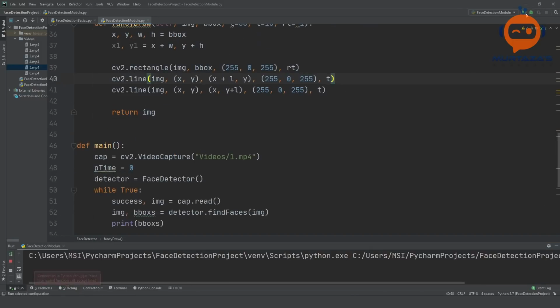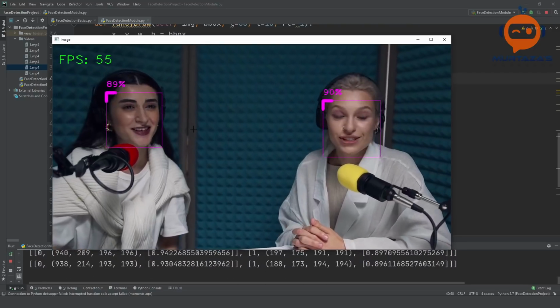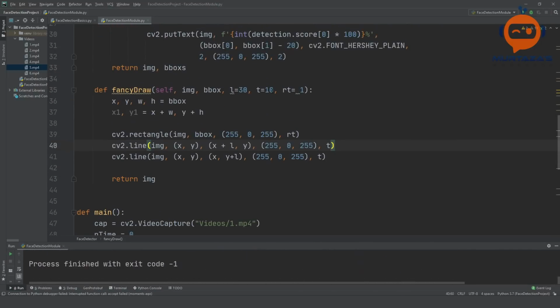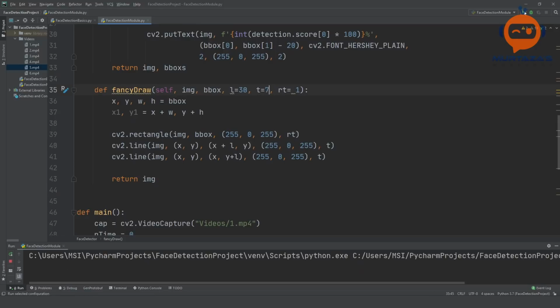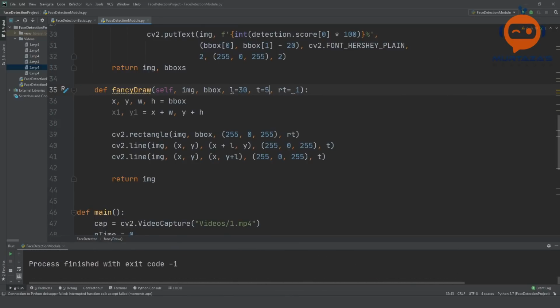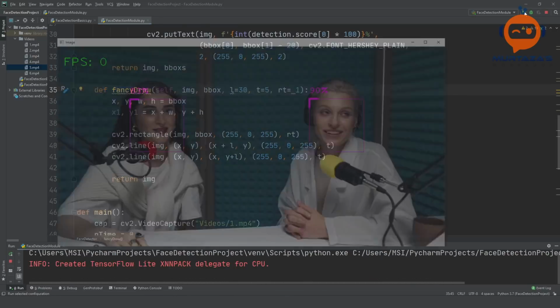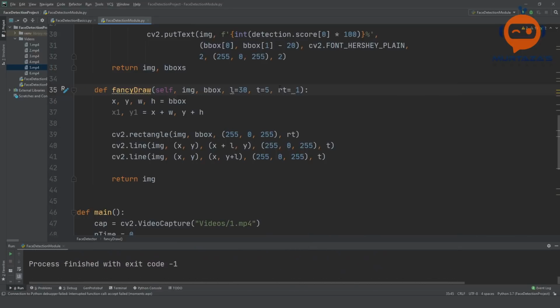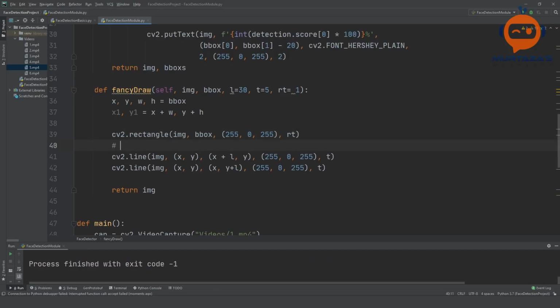Let's run that. Yeah, this looks much better. Okay, and even the thickness for this is too much. Let's put it as 7, let's say. Yeah, it's getting better, maybe 5. Yeah, that looks good. So next, what we can do is we can write here that this is for the